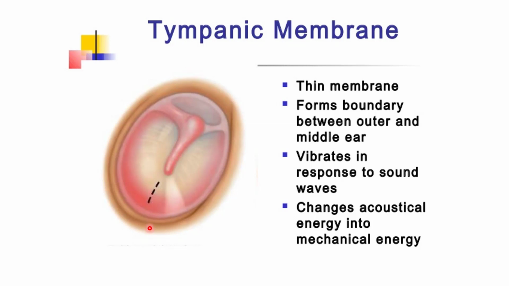The tympanic membrane is basically made up of 3 layers: outer, inner, and a middle one, which has various fibrous connective tissue structures. So it is formed of these 3 layers: the outer layer is formed by the epithelium of the external canal. The inner layer is formed by the epithelium of the middle ear, and the middle layer in between the two is a connective tissue layer.